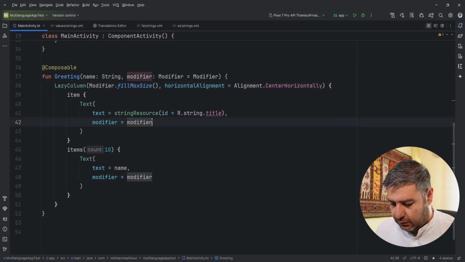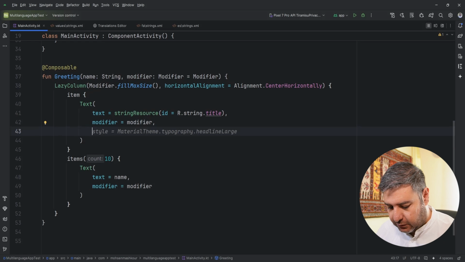Okay, here, and after modifier in the text, let's change the font size